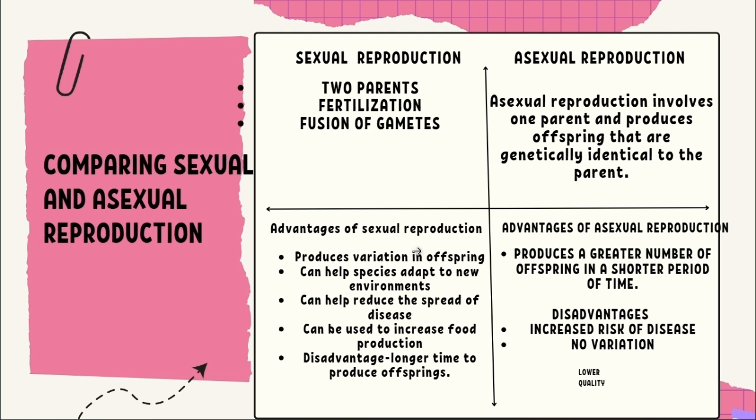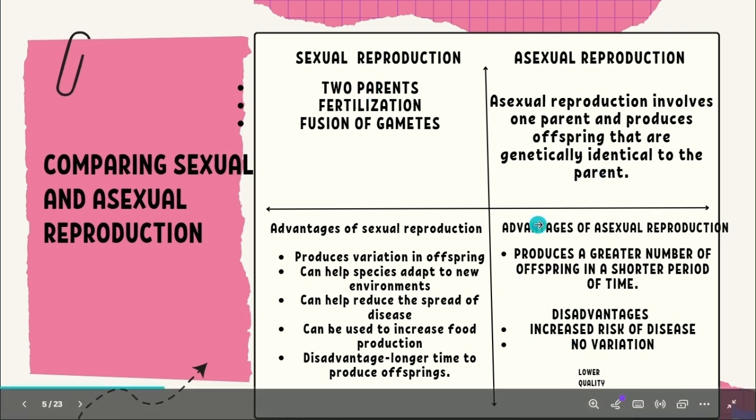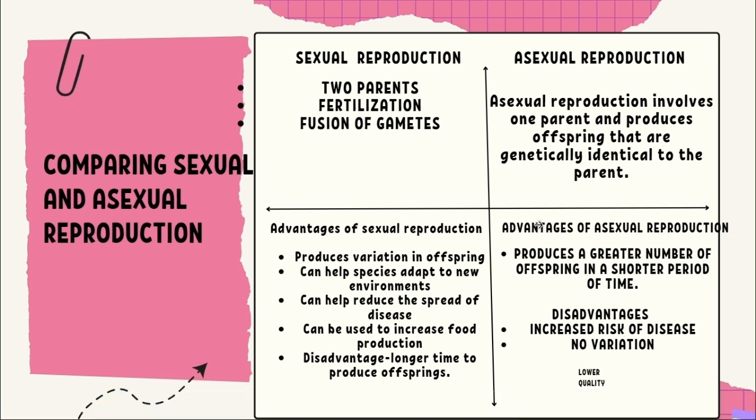That at the end of the day, they both have their advantages and their disadvantages. Variation is very important in sexual reproduction, and asexual reproduction can actually produce a larger number of offspring in a shorter period of time. For example, we get the example about the plants. The plant produces 20 plants in the time when a human is pregnant, for example, a human being takes 9 months to be pregnant with one child or with two children maximum, typically. The time it basically takes to have that one or two children,